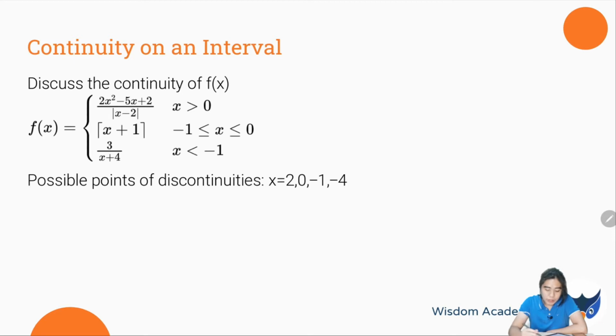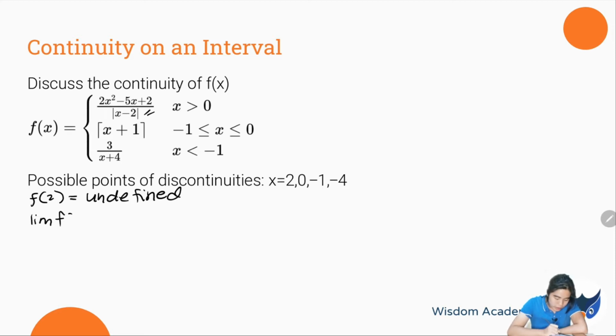Ayan. So, first, let us find its continuity at x equals 2. At x equals 2, alam na natin na f of 2 will be undefined, since the denominator will be equal to 0 kapag sinubstitute natin siya dito. Then, yung limit ni f of x as x approaches 2, alalahanin natin na since absolute value ito of x